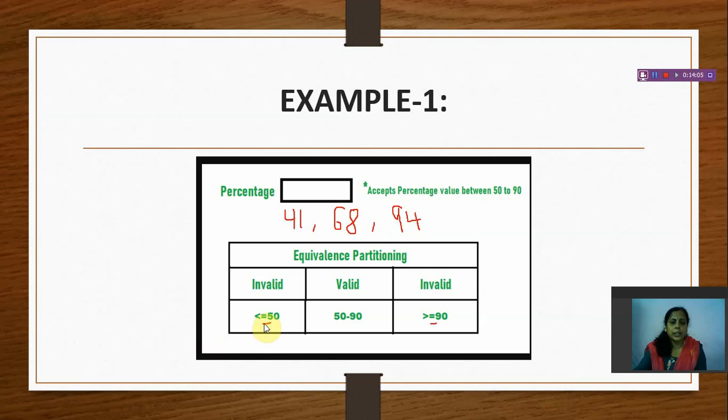So this is the error of boundary value. Here the programmer should write less than 50 and here only greater than 90. The programmer here has made a mistake of greater than or equal to and less than or equal to. So this can be analyzed in boundary value analysis.